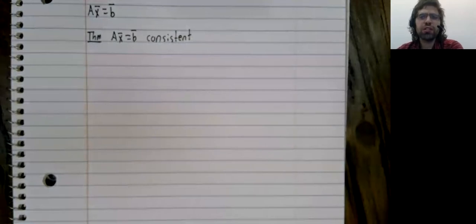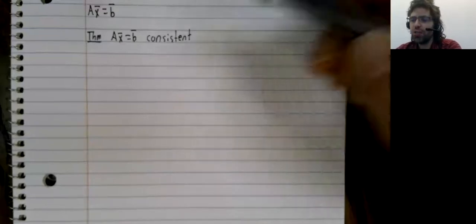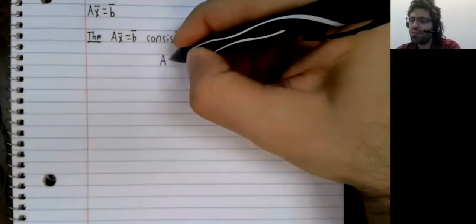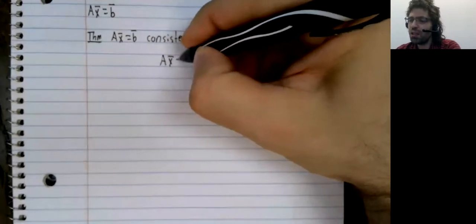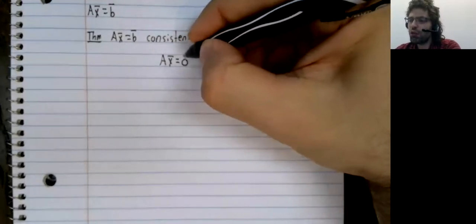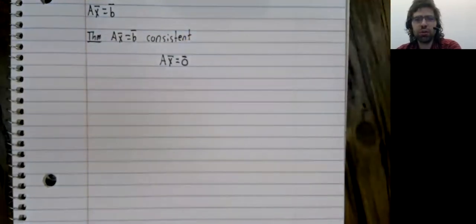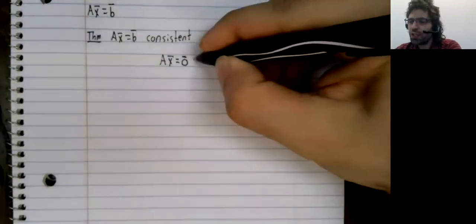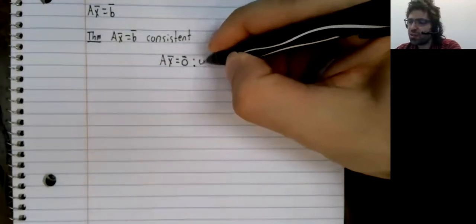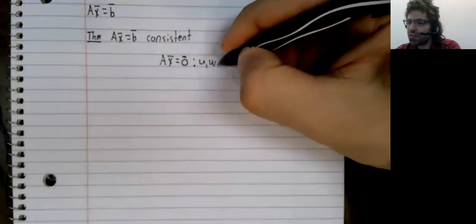The solution set turns out to be related to the solution set of a related homogeneous equation. So we know from earlier work that if we replace this B with the zero vector, AX equals 0, it has as its solution set